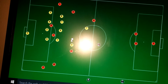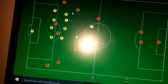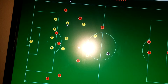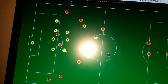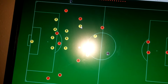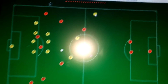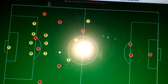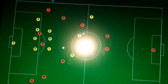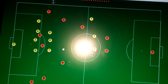And on the counter, there were always chances of using the space. But what they've done is, Augusto Fernandez didn't have a very good game, so they took him off and put Saul a bit back and Koke a bit back, and put Carrasco just over here. So whenever they lose the ball, he comes and defends. Whenever he's there, he's going to use the spaces that Bayern offers. And when Bayern is on the ball, normally their center backs are pretty high up. So what they've really created is a 1 versus 2 situation, or a 2 versus 2 situation, and that's when